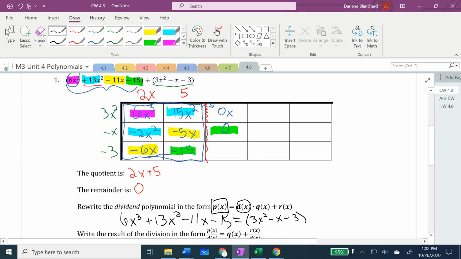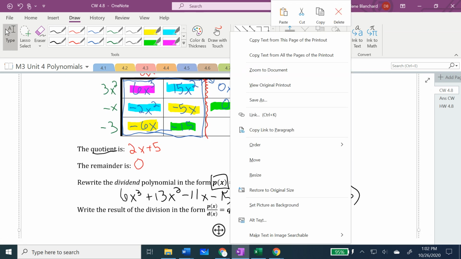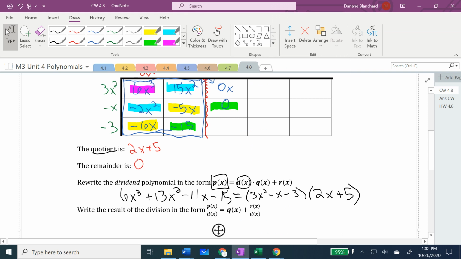The q of x is the quotient, the result of the division, and that is 2x plus 5. And with no remainder, you don't need to write anything. So what I want you to see is that this means that we just factored a third degree polynomial a little bit. It may not be fully done factoring, but it's through division that you're able to factor third degree polynomials and higher. If you have a quadratic, a degree 2,